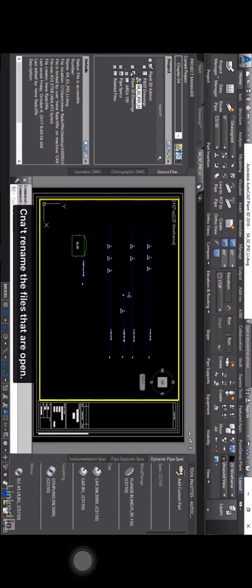We can't rename the files that are open. I'm going to right click and rename. And now I'm going to take off that LinkedIn designation, and we're back to having just 0402 P&ID. Now, the important lesson here to understand is that a drawing file is no longer an independent entity,